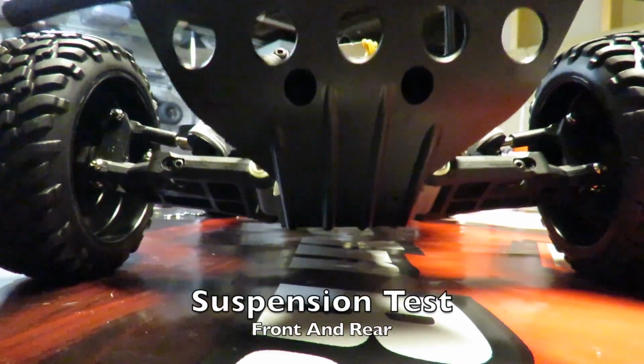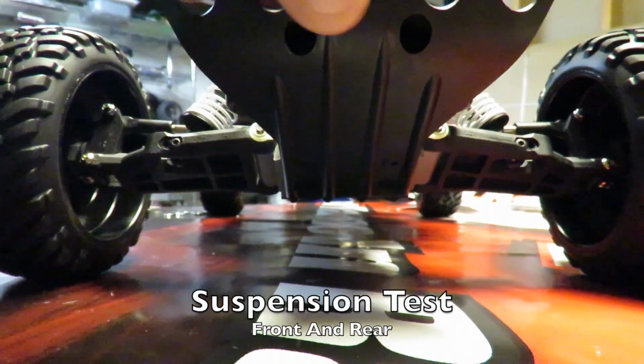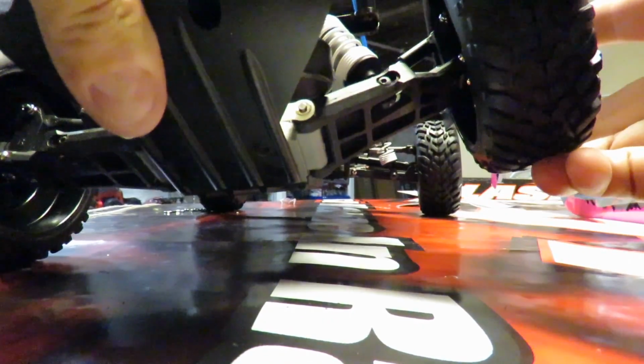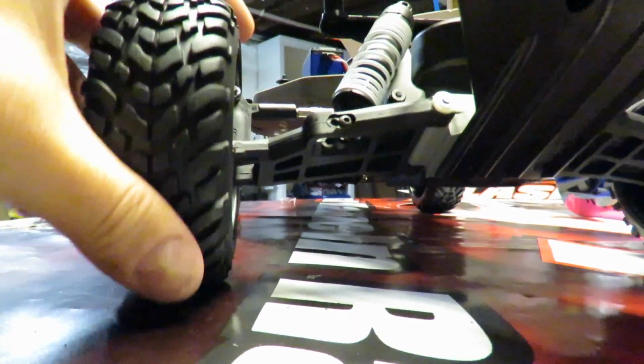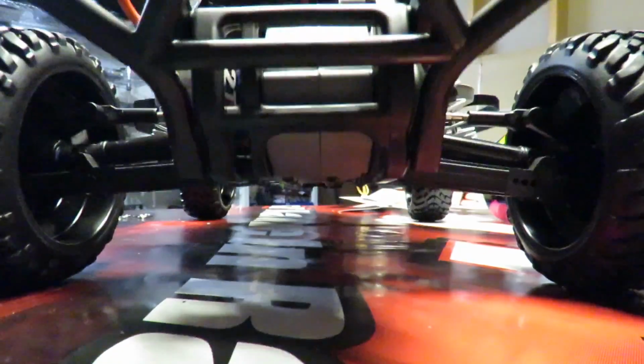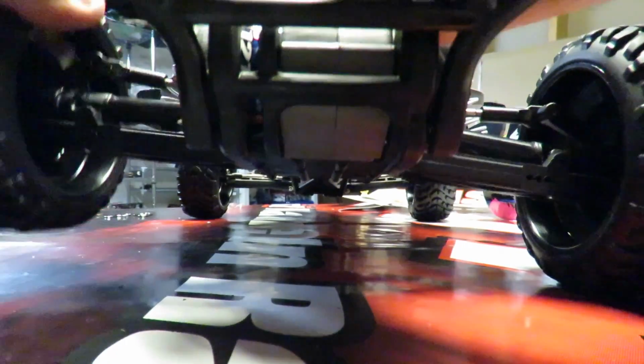Okay, let's check out the front first. How much travel have we got on there? Not bad. Okay, checking out that rear suspension. So we've got about 1.5 inch or so of clearance on there, but I guess this is more than adequate